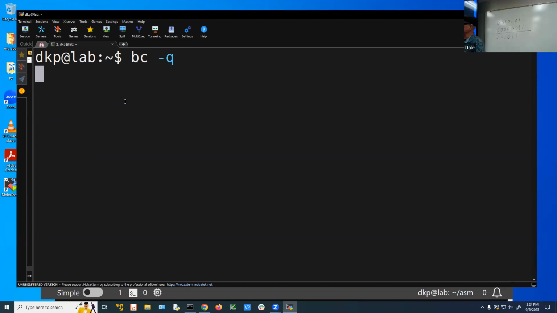It doesn't change anything else, it just turns off the warranty, so your screen's less noisy. But it always defaults to base 10, so we want to use our O base, right? So we'll change our O base. O base is equal to 2. I base is equal to 2. And now let's use an 8-bit,